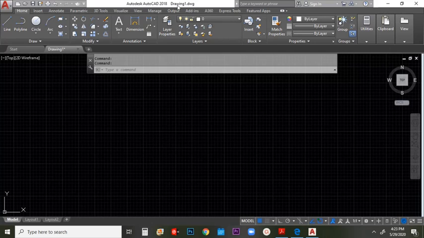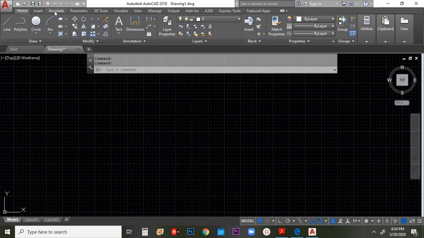Next, we have here the file name. At default, the file name is drawing.dwg, which signifies the extension of a drawing file. Next, we have here the minimize, the maximize, and the close button. Now, right below the title bar, we have a series of pull-down menus or pull-down menu bar. Now, we start with the home. Under home, you have the following standard ribbons that you usually use when you perform illustration in AutoCAD.